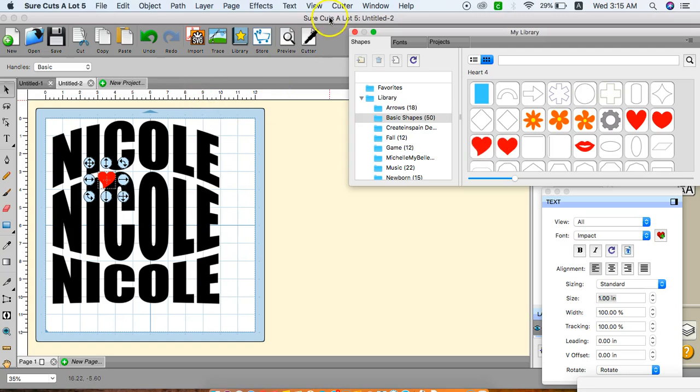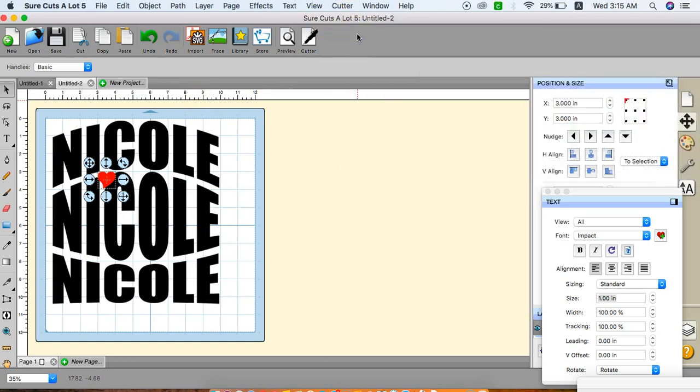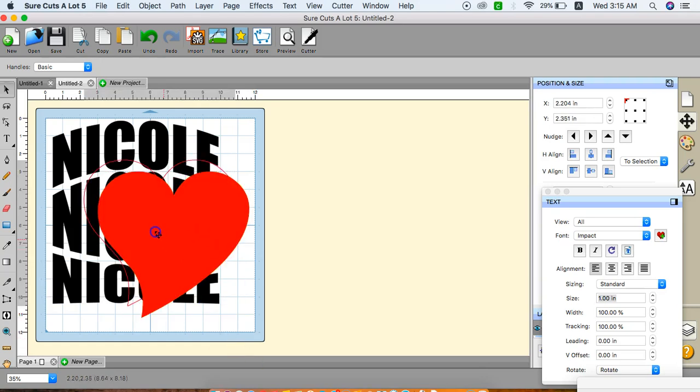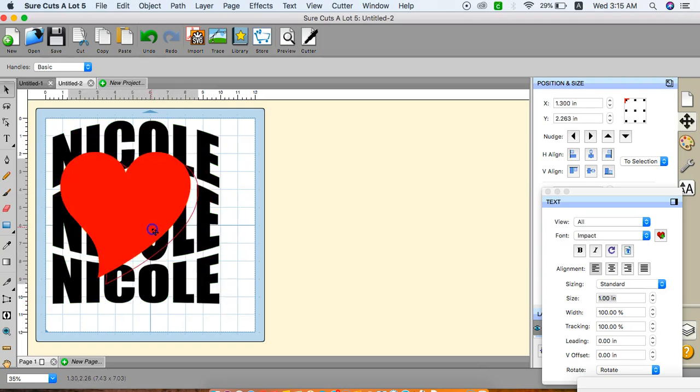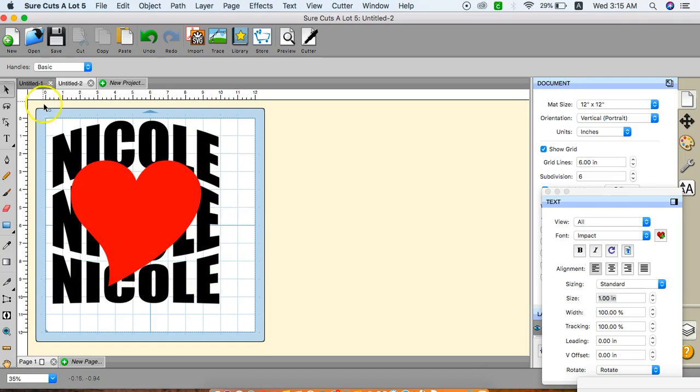You can actually use any shape that you choose, but for the sake of the tutorial, I'm going to do a heart. Remember in the last tutorials, I say hold down the shift button so that you can retain the shape of the object. So I have my heart. Make it a little bit smaller. Okay, so now I want to select both,